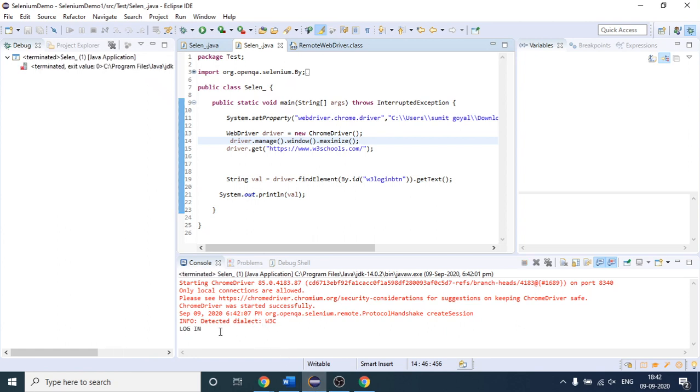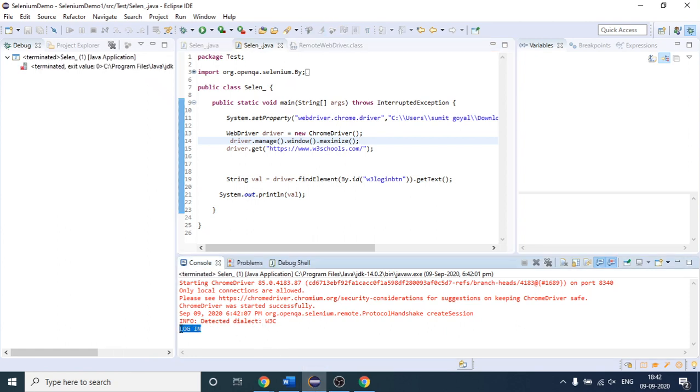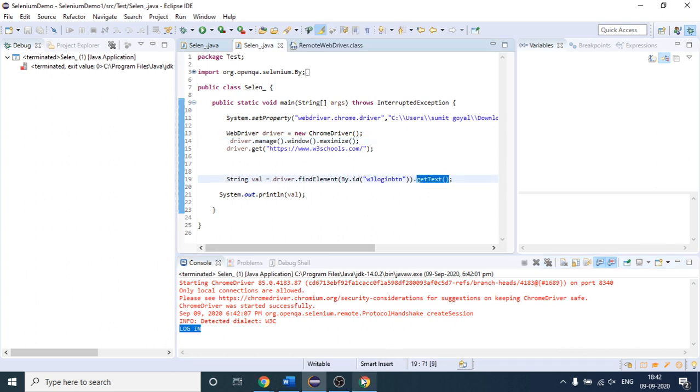Because we see it has printed login in our console window with the help of the get text method. Okay, so this way if you use the get text method, you will be able to print the value from your browser to the console window. So this is clear to you all, how we can do it. You can use other locators as well. I will be talking about it later in this lecture. So is it clear?